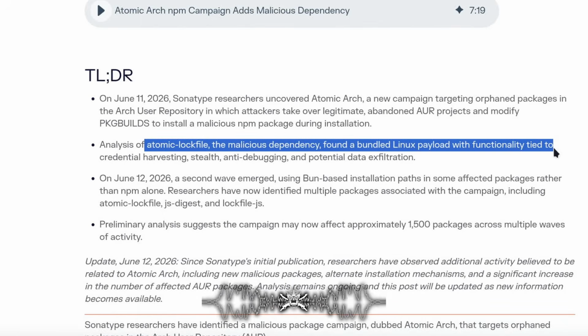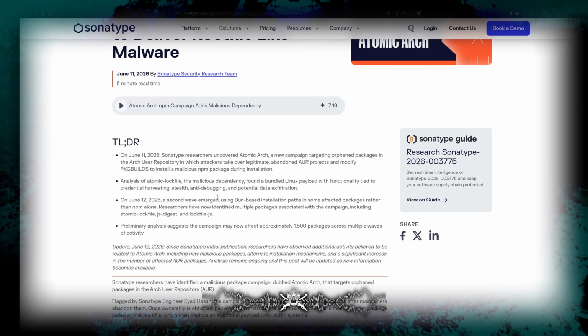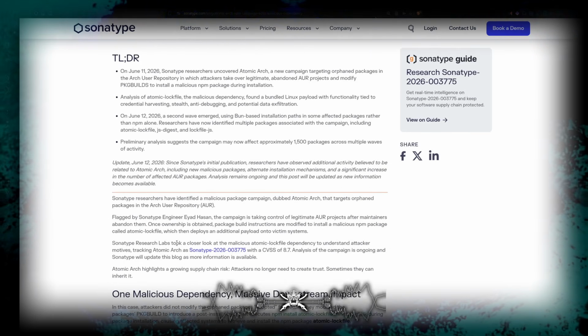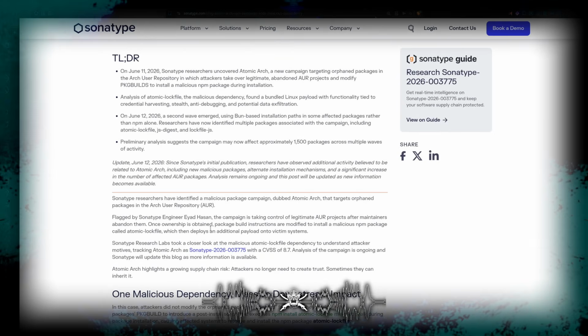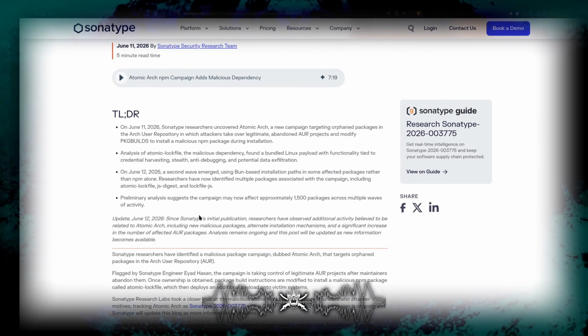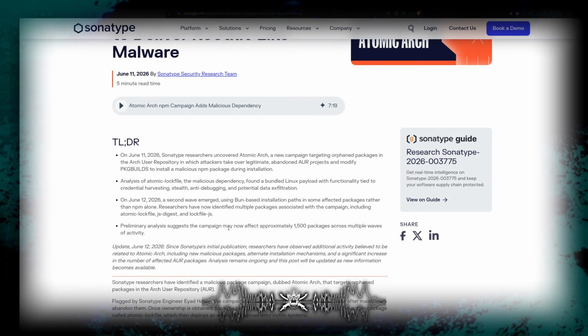What this file does is snag all your information. Luckily, CachyOS has it set up in a way where it can't get sudo access or anything like that, so it can't wipe your information or lock your computer down, but it sure as hell can look for passwords and different things like that. So it's an information grabber. The estimates say that 1,500 packages may have been infected by this.